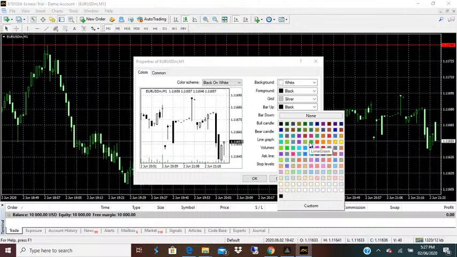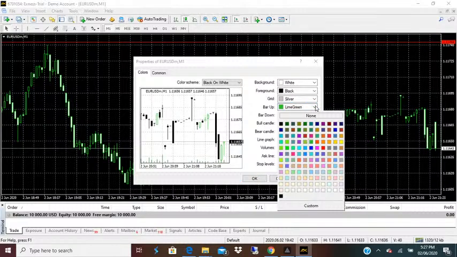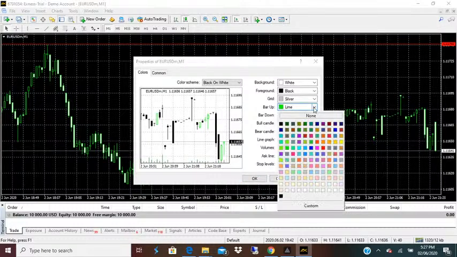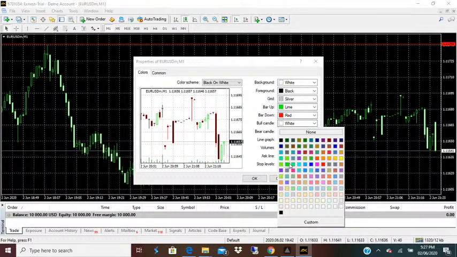I'm gonna choose, look for lime green, my favorite color. Maybe I might look for a darker green. Let's see, lime. Nah, it's a bit bright. All right, so we're gonna go with lime, right? Bar down is gonna be red, right? Bull bar, which is up, it's gonna be green,